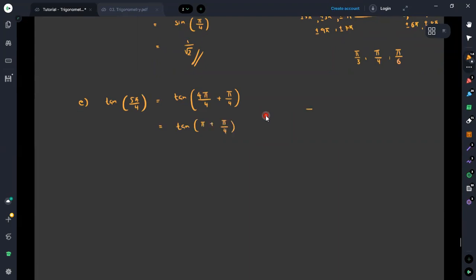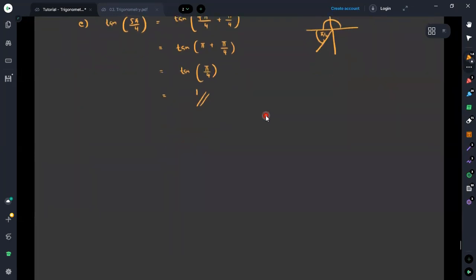If you show the angle, it is in the anticlockwise direction. That's why we are getting plus values. Up to this point we have phi, then another phi over 4 is measured in this direction. We can see now it is in the third quadrant. In the third quadrant, tan should be positive. Therefore, we can simply say this is equal to tan phi over 4, and we are getting the value as 1. Therefore, tangent of 5 times phi over 4 is equal to plus 1.